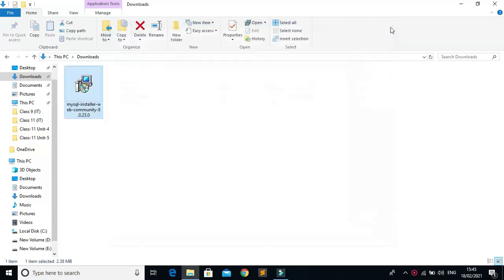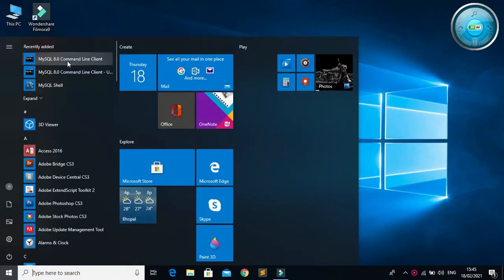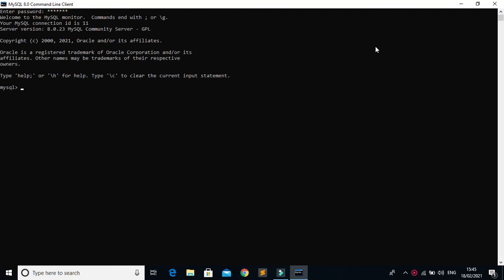Now let's see whether everything is fine or not. Just go to the command line client again, and now it will ask you to write the password. Whatever you have given, you have to give the password again. So to enter the server, now we have entered the server, as after giving the password it is showing welcome to MySQL, but before this the command line client was not opening. So now it is configured and it is showing some information like welcome to the MySQL monitor. Now we have entered this command line client.